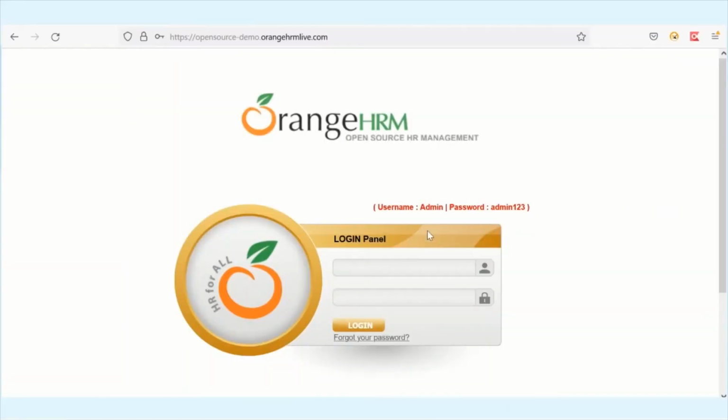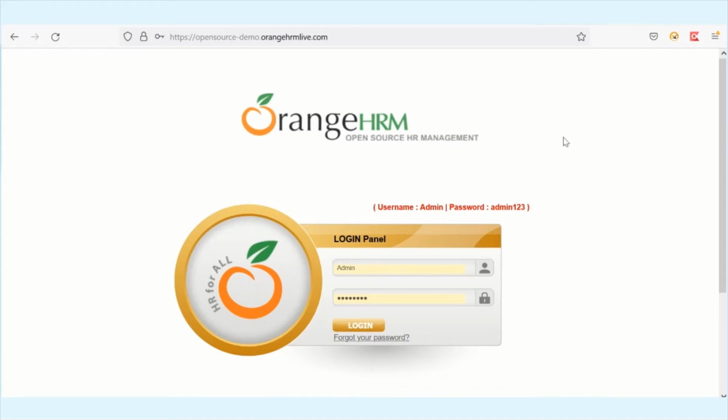So the user has to launch this application, then he enters the username, then he enters the password, and then he clicks on the login button. But how does the user understand that he has to enter the username here, the password here, and click the login button? He understands it because he can see the application visually and he can interact with it.